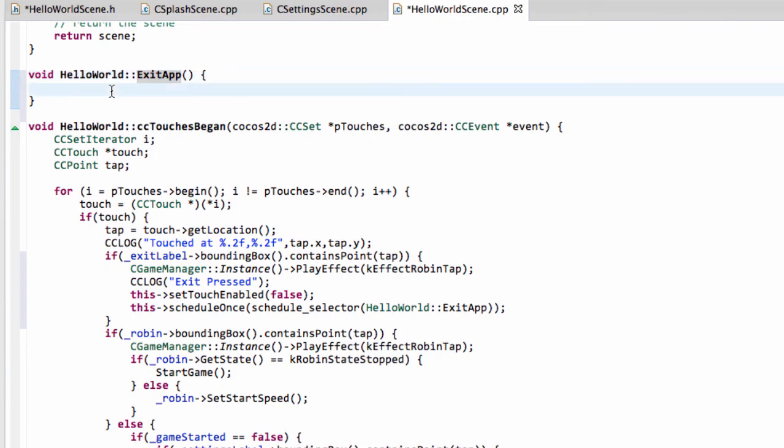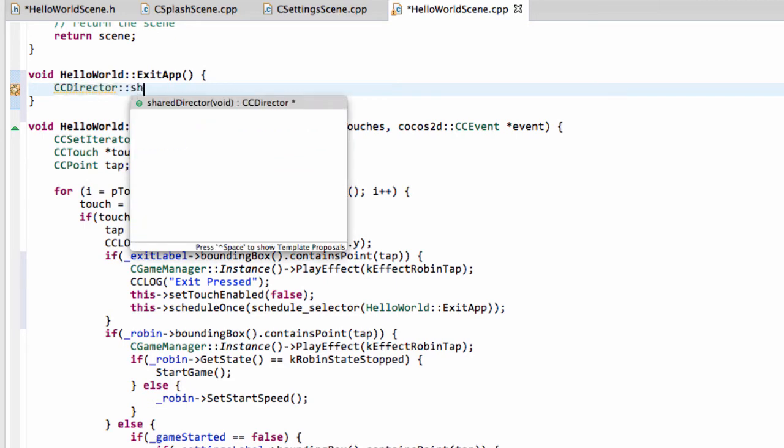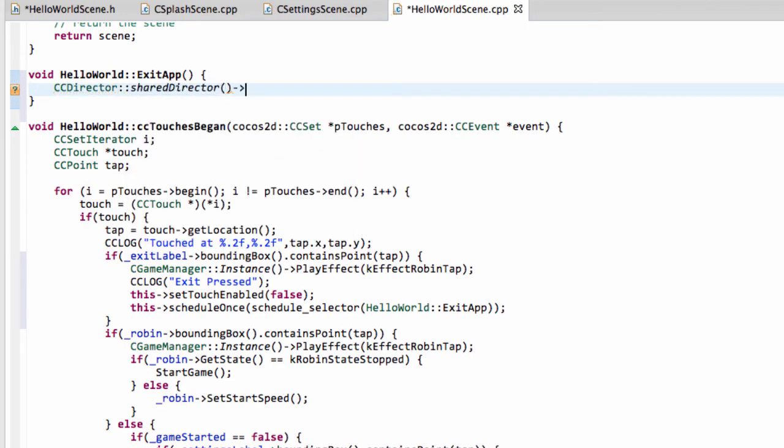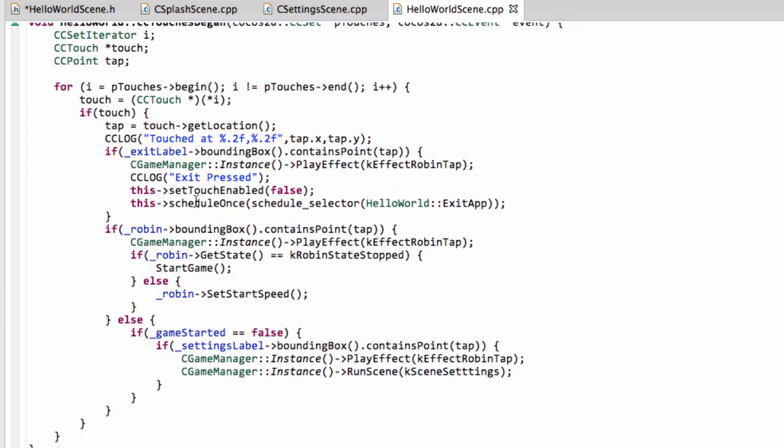And then to actually exit the app, what we would do here is save our settings to the disk, but we haven't got the settings code in yet. That'll come. So we'll just take the shared director, and then we can simply call end, like so, and that ends the app. And again, the point of doing this is that as everything closes in the app, there's a delay where you want to hear the sound, so you want the sound to be played before the close actually happens, and to give it a chance,